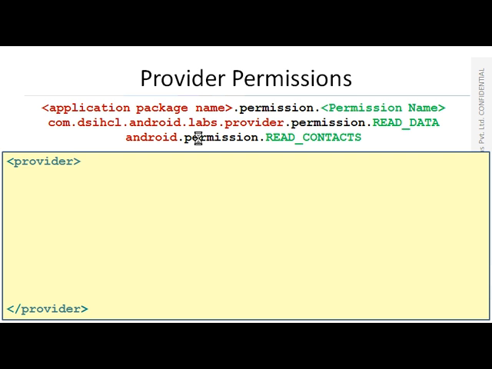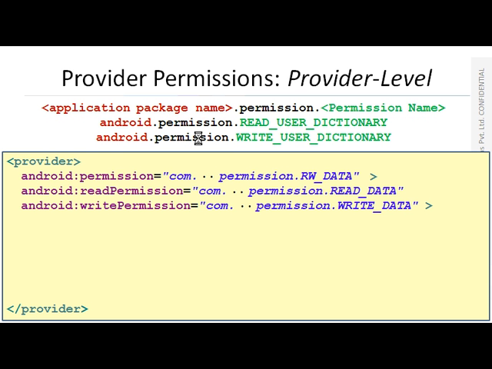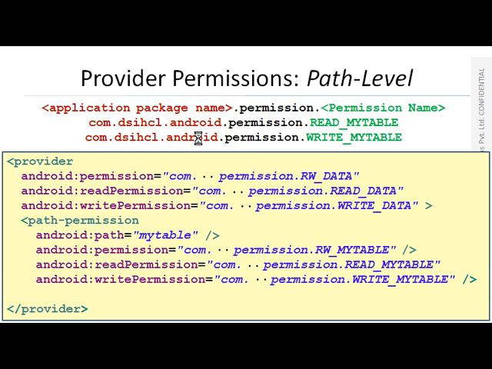Here we will be specifying the permissions: read permissions and write permissions. These permissions must be specified under uses-permission inside the AndroidManifest.xml file of the other applications that are going to access your data. And the path permission you must also specify.